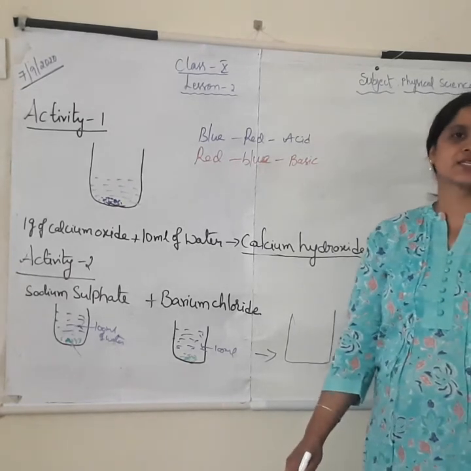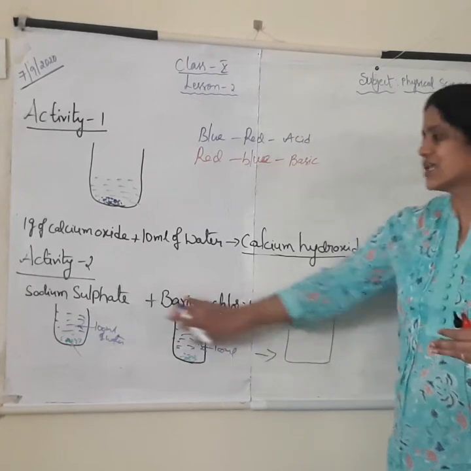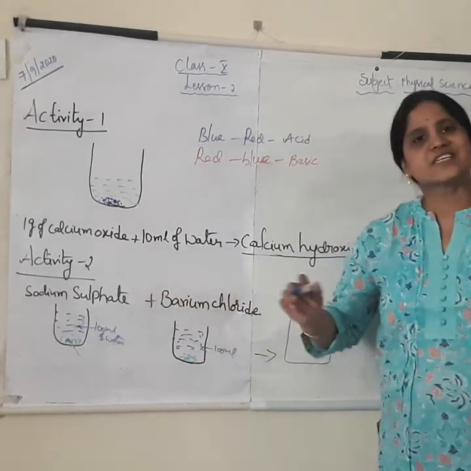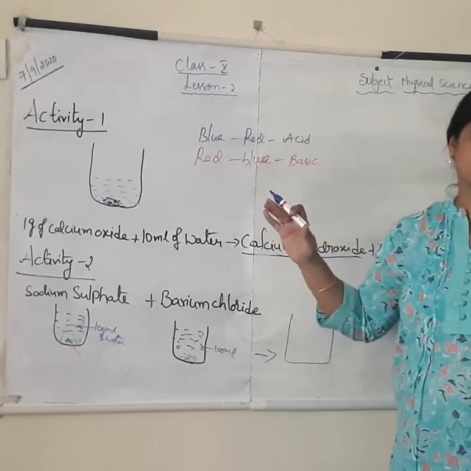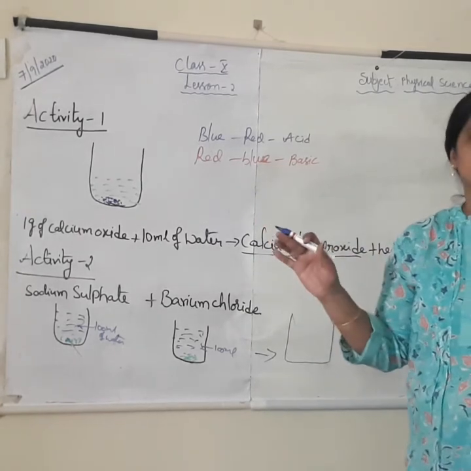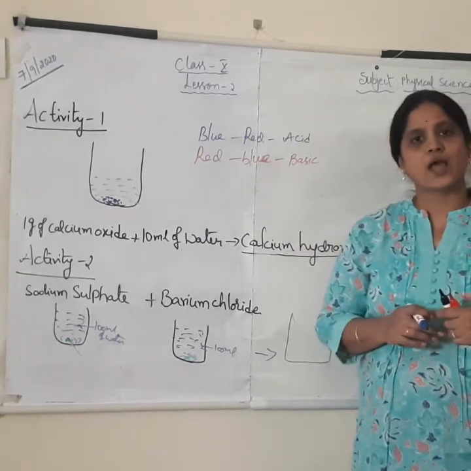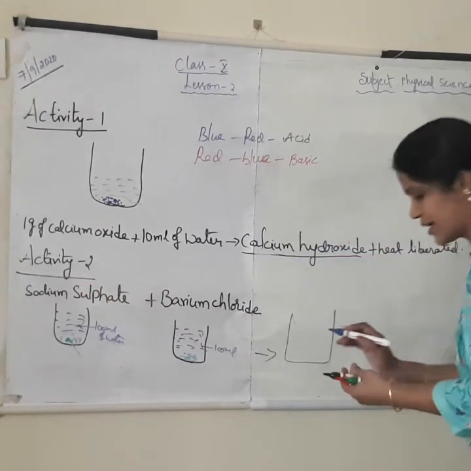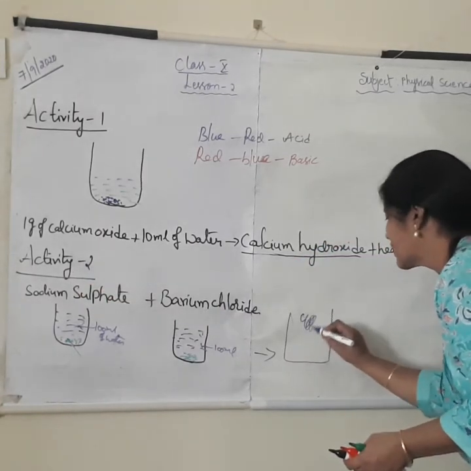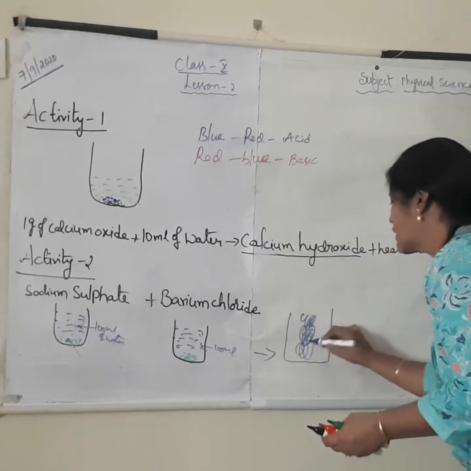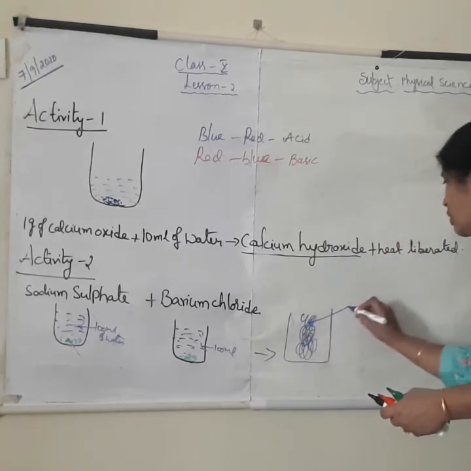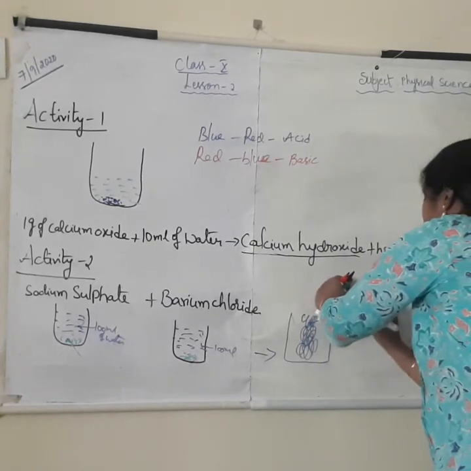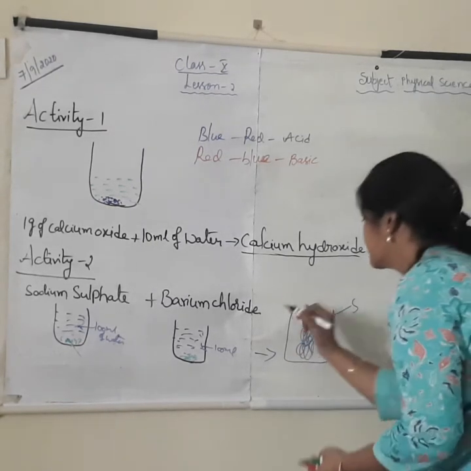What is a precipitate? When you mix these solutions, some part of the substance is undissolved. The substances are not mixing. That undissolved substance is known as precipitate. So when you mix these 2 solutions, a white color precipitate is formed. Here I will write,